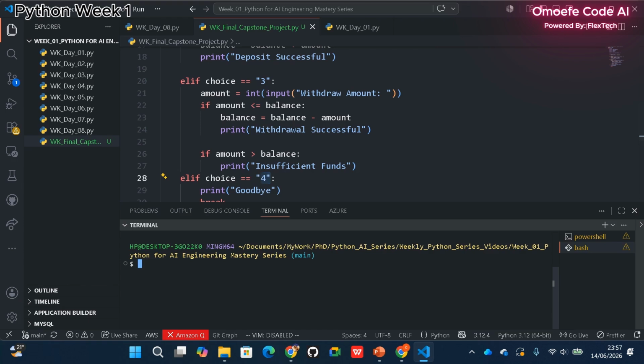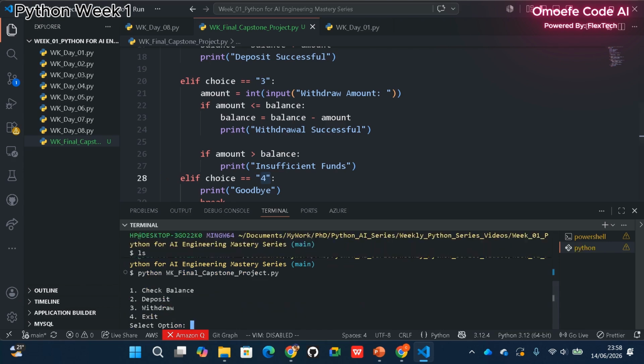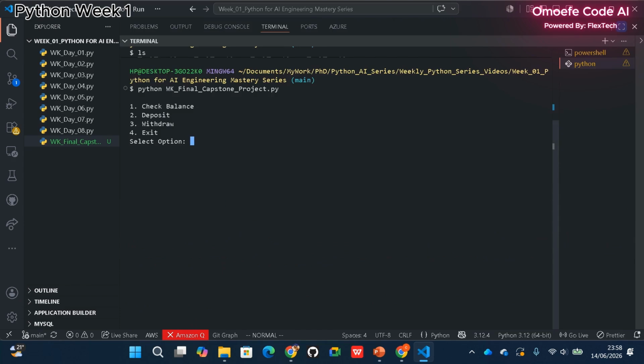So now let's test the program. Okay, so I will say Python, then the file name. Okay. So you can see the program. So it says choice. So let's say 1. When you say 1, it will say your balance is 10,000. Then it will give you